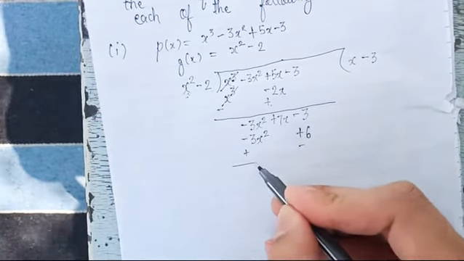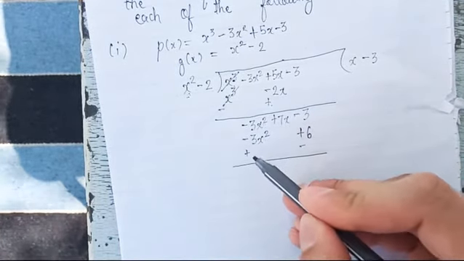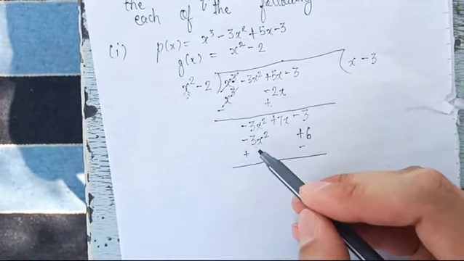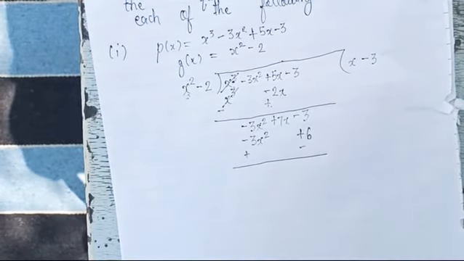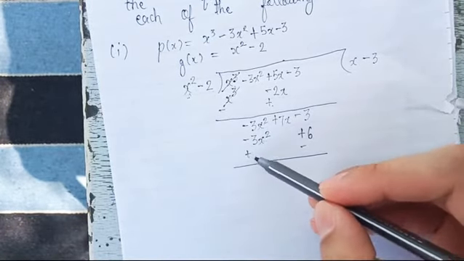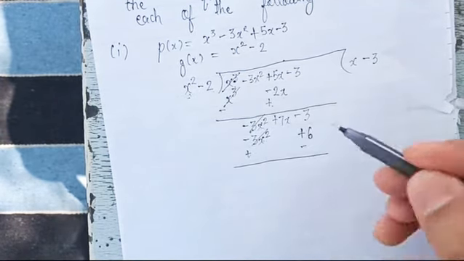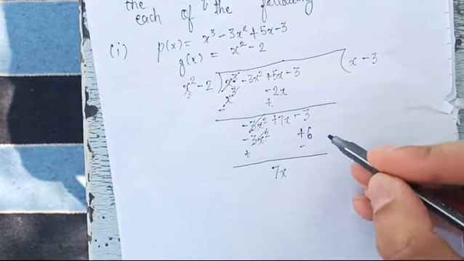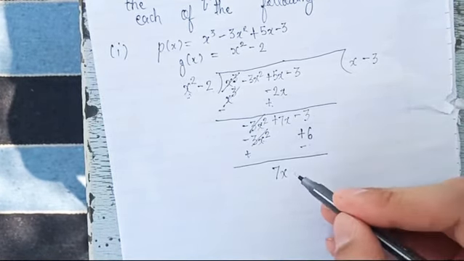Now subtracting them, minus 3x square and plus 3x square. That means we are subtracting the same values, okay, and their coefficients are also same. Suppose 2 minus 2, if we subtract 2 from 2, we will get 0. So like that only, 3x square minus 3x square, it is positive now, its sign has been changed. So 3x square minus 3x square will become 0, so they will cancel out, okay. Then 7x as it is, minus 6 minus 3, it will become minus 9,